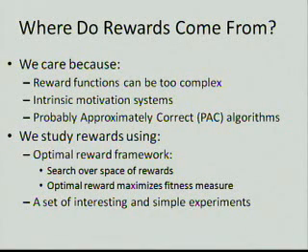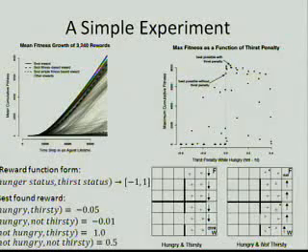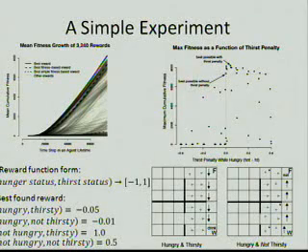In our case, we study the properties of rewards using a general computational optimal reward framework, which searches over the space of rewards for the optimal reward that makes an agent act optimally according to some fitness measure. Let us clarify this using one of our simplest experiments because of time constraints. Consider a 6x6 grid world, as you can see here, where there's a food source in the upper right-hand corner and a water source in the bottom right-hand corner.